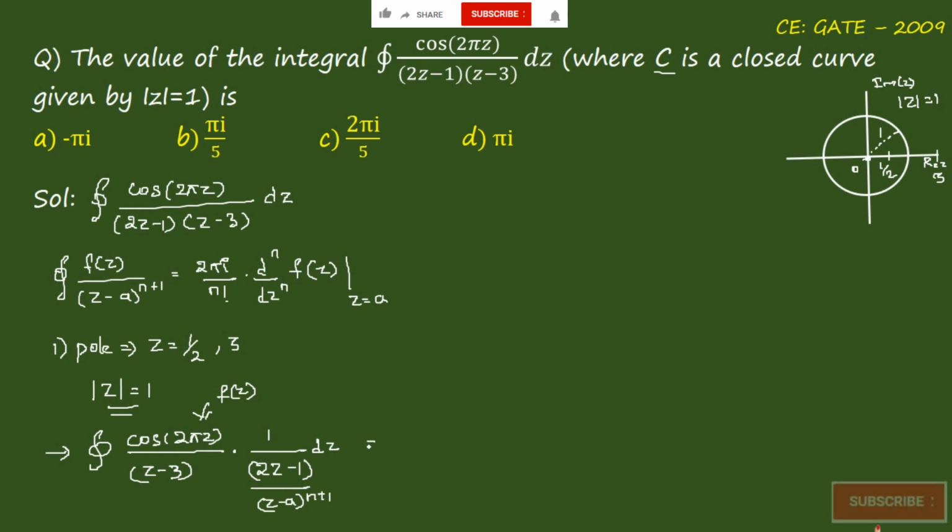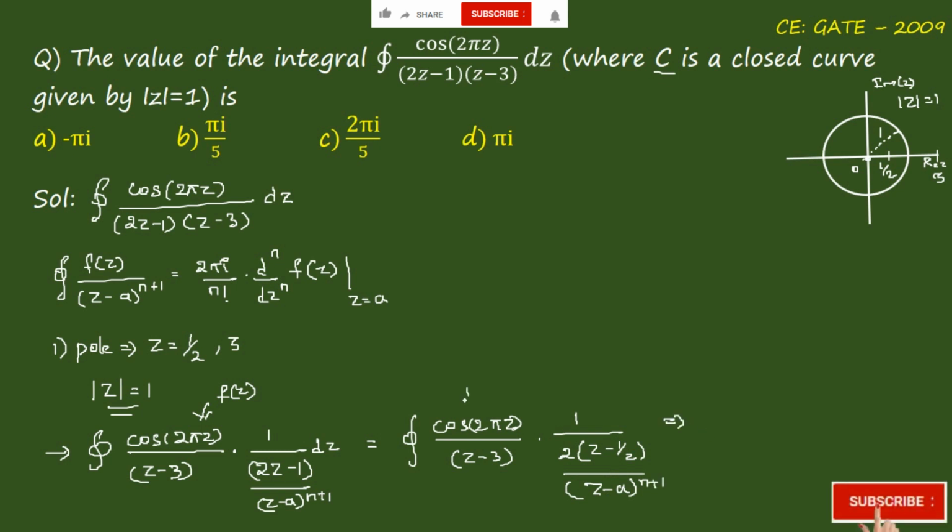So we can write this particular form as nothing but integral of closed curve cos of 2 pi z by z minus 3 into 1 by 2 into z minus 1 by 2, right? So from here you can see that it is in the form of z minus a whole power n plus 1. So we can see that this is nothing but f of z, right? And a is equal to nothing but 1 by 2, right? And n is equal to 0. So just substitute values here. We get as